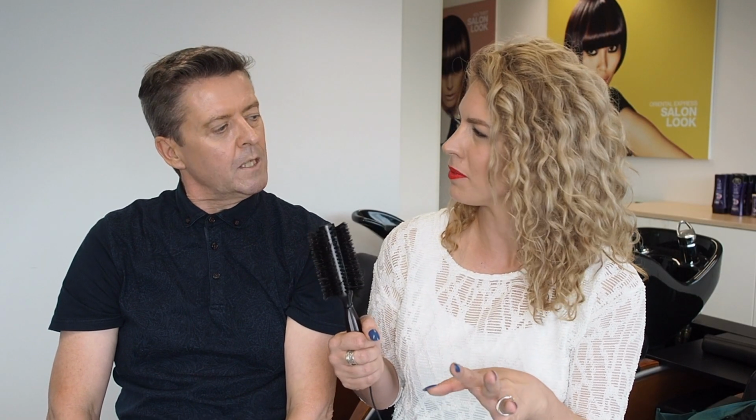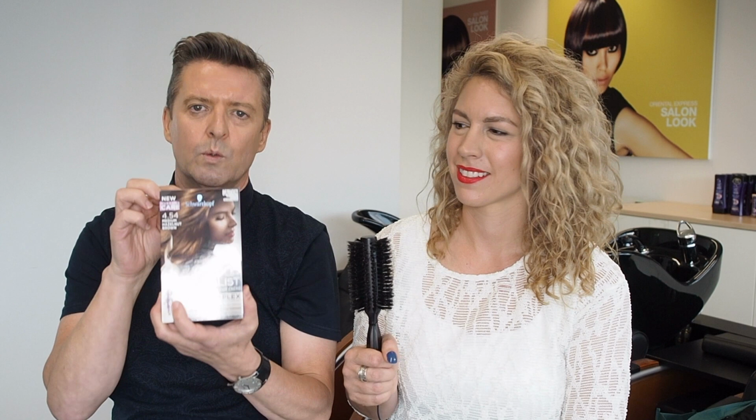And how long does that colour last normally? Well, permanent colours are permanent, but as all colour fades, over a period of time it will lighten up. Actually, while you mentioned that, I'm just going to tell you one of the biggest things people do wrong colouring their hair at home, and it's one of my pet peeves. If you've coloured your hair with a permanent colour, it has permanently changed the colour of your hair for good. It's permanent. That means even if the colour has faded, if you put another colour over the top, colour on top